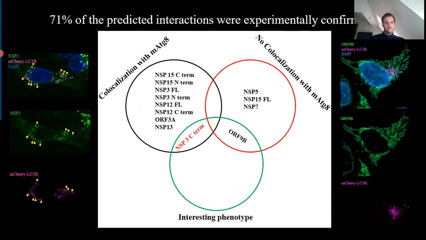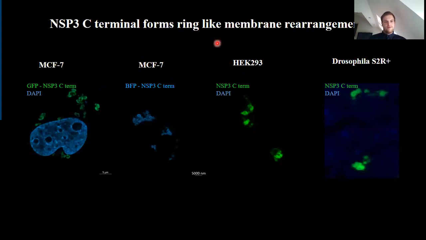One example is NSP3, which showed white dots here, if you look at this. And another example for the lack of colocalization was ORF9b, which showed a really interesting phenotype, but there was no colocalization. And I would like to emphasize that the NSP3 C-term showed a really interesting phenotype and colocalized with Atg8. So what was the interesting phenotype? The NSP3 C-term formed ring-like membrane rearrangements